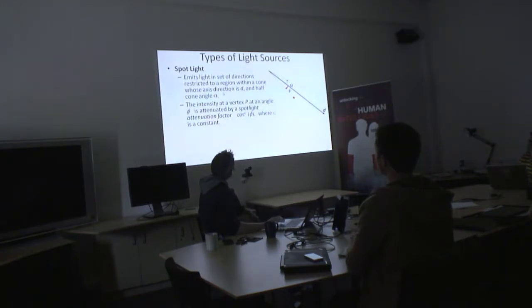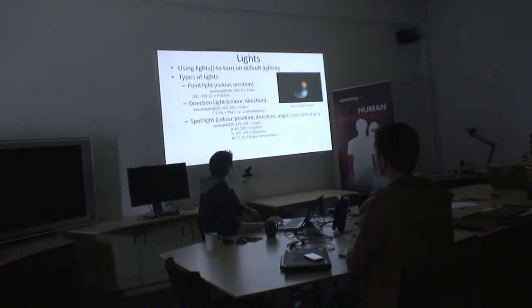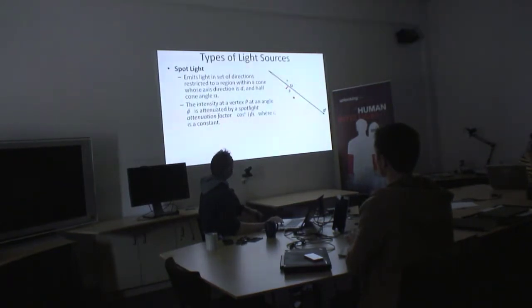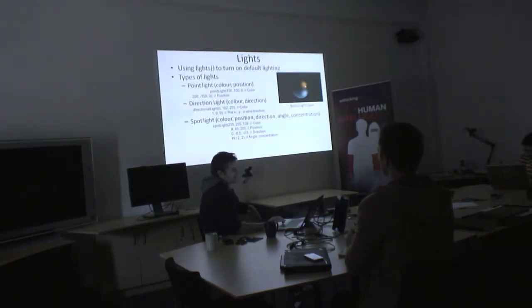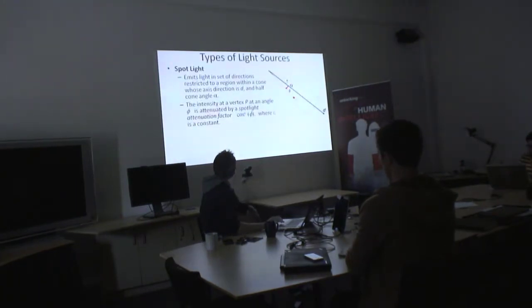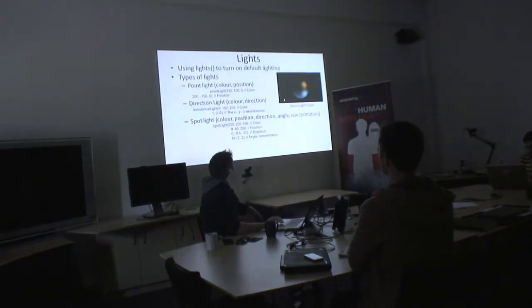So I said the spotlights down here have this angle and concentration as well. This is basically what we're talking about. The angle is the angle of the cone that comes out of them, so the wider the angle, obviously, the wider they'll light up. In our example before, we saw these ones, and the angle will define how wide that circle that they light up is. And then you have what's known as the intensity or the attenuation factor, which basically defines how